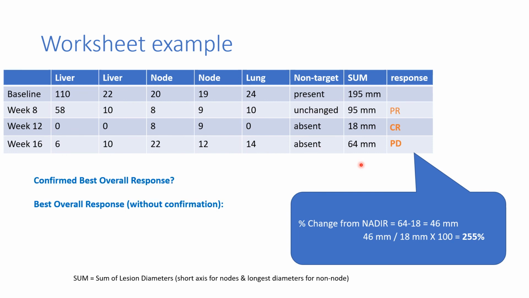So as an extra question, what's the confirmed best overall response? Trick question. It needs to be repeated at least 4 weeks later. So the confirmed best overall response is partial remission, because you don't have a confirmed CR here. But if you don't need a confirmatory response, the best overall response is CR. Okay, so that brings us to the end of that crash course in RECIST 1.1. I hope you found it